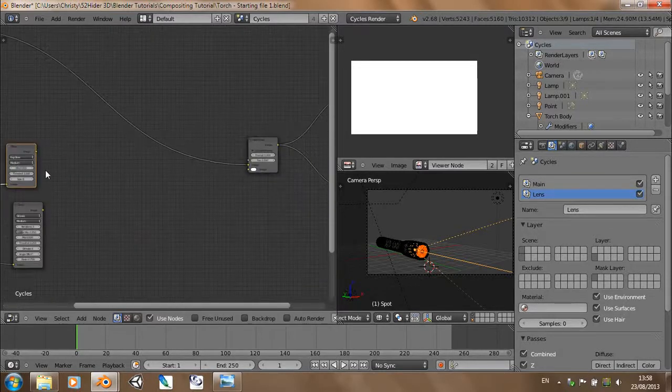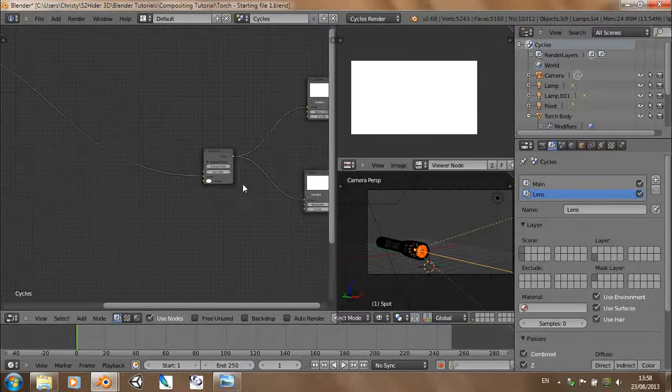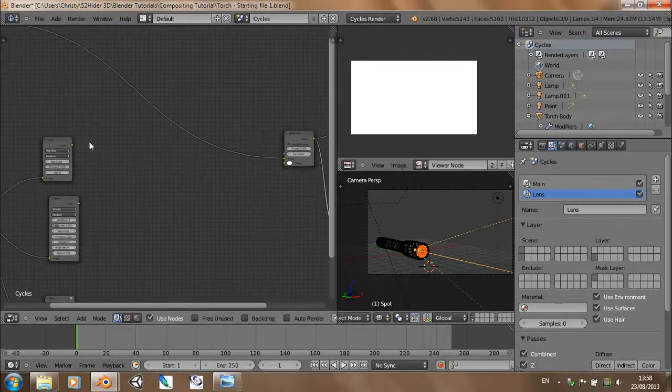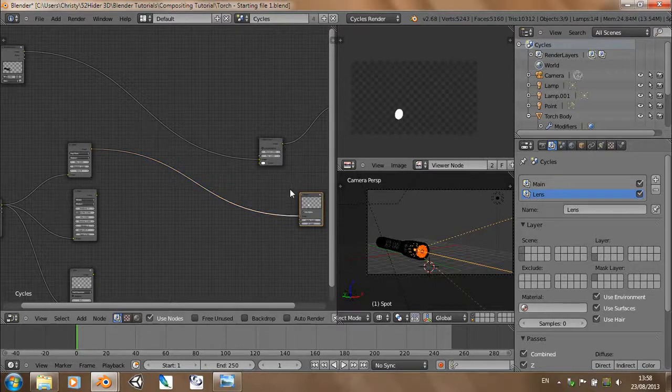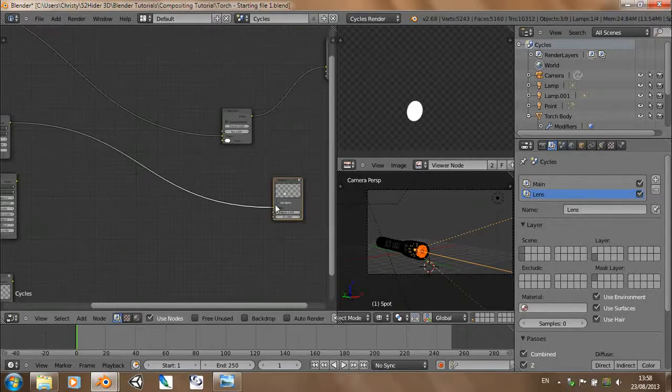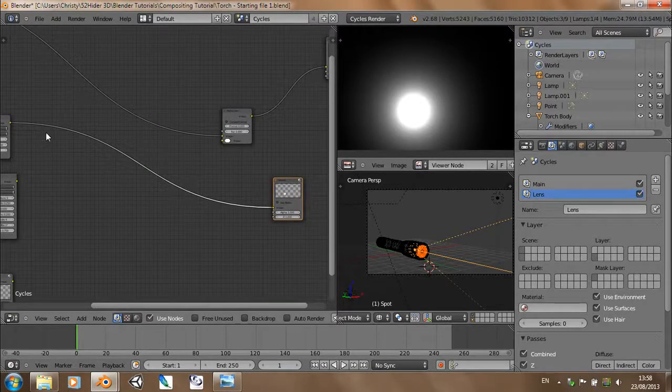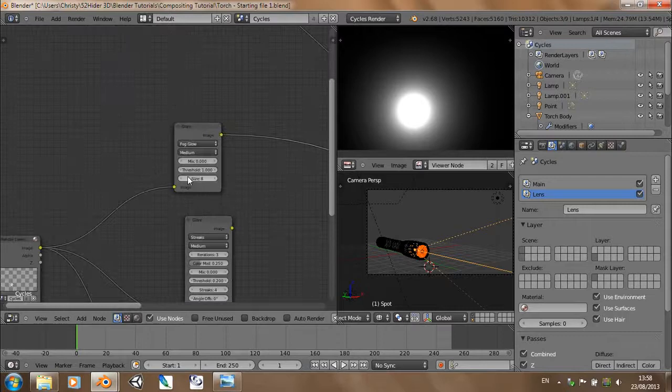And we can just bring that directly into the viewer node without having to go all the way. And if we uncheck use alpha, we can see